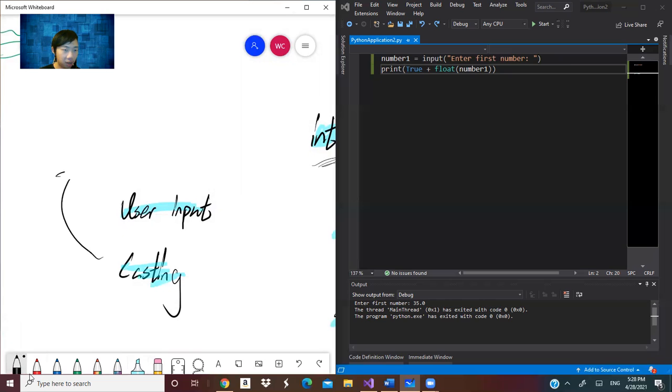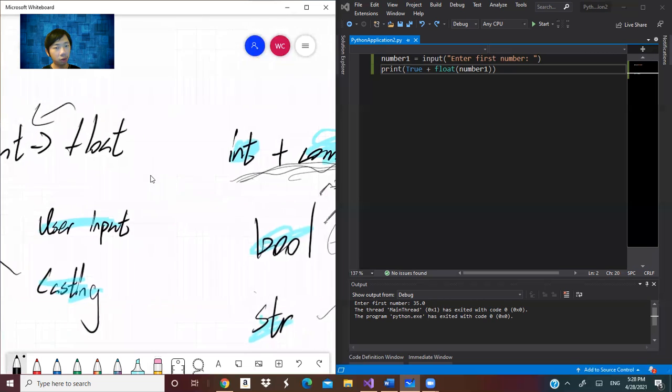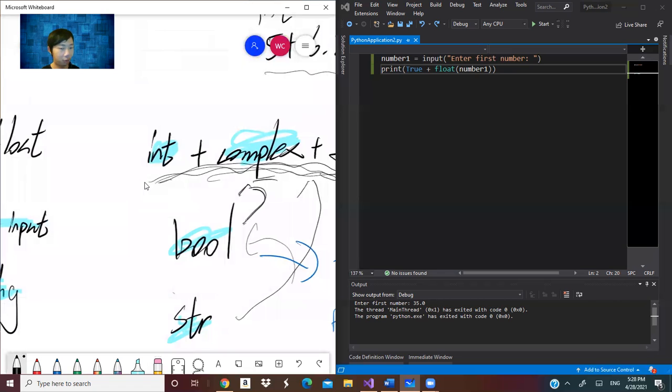Casting basically means changing the int to the float, or float to int, so just changing the data types. But not every data type can be changed to other data types. String cannot be changed to int, and int cannot be changed to string. If you don't believe that, I can try.